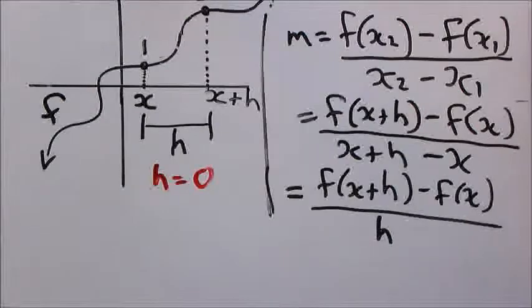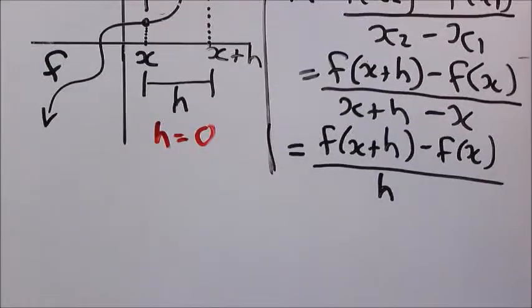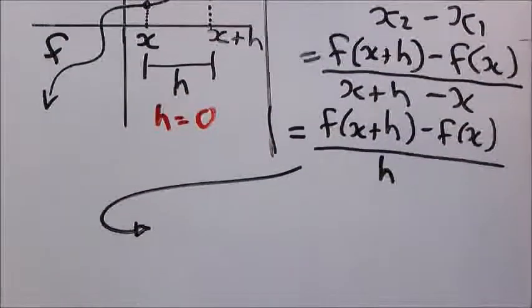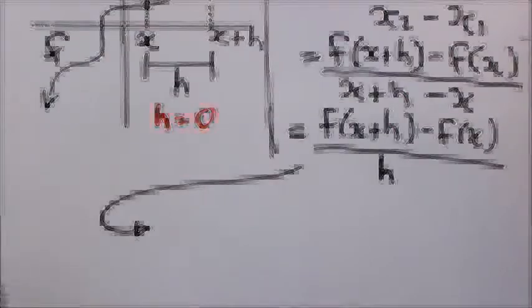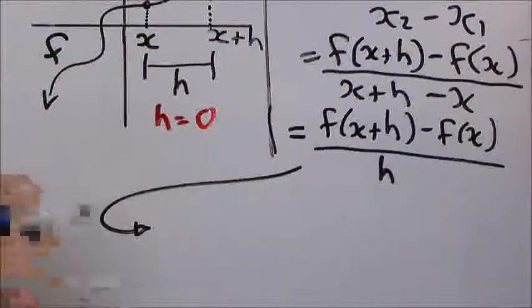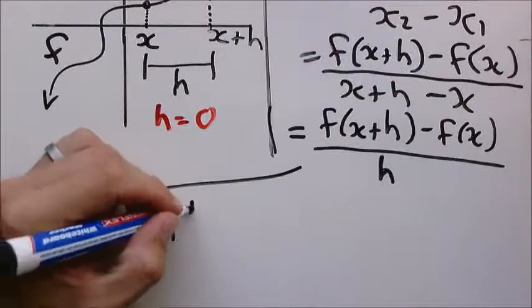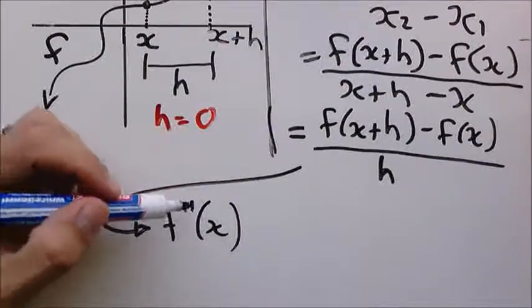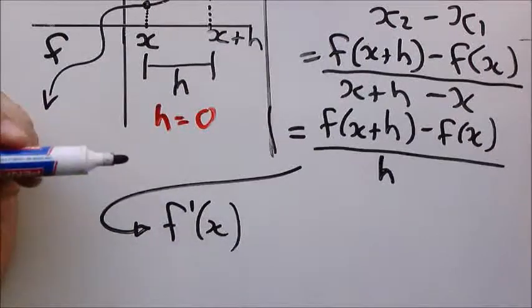And that is where limits come in, okay? Because we know now, we cannot make it equal to 0, but we can approach 0, right? And this is the formal expression for the gradient of a function at any point. And remember, we've used the average gradient method now, but this is how it will work out. So f'(x), what that means is the derivative. That means the expression for a gradient at any point of the graph,